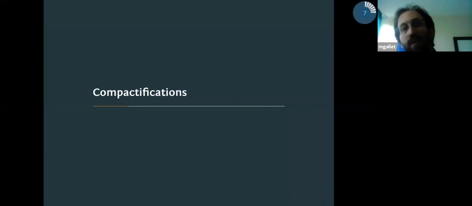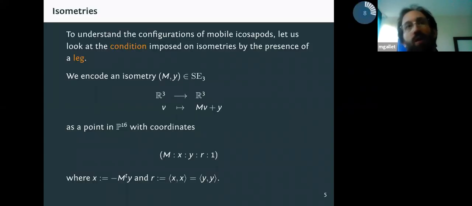So let me start with discussing compactifications. And please interrupt me at any time if anything is not clear, if you have any question. So the idea is that we would like to provide a particular model for the group of direct isometries of R3. So a direct isometry of a free space can be described, as it is in the slide, as